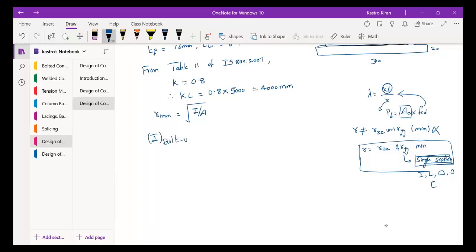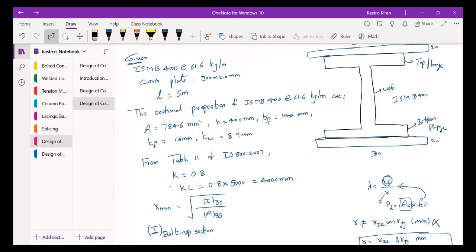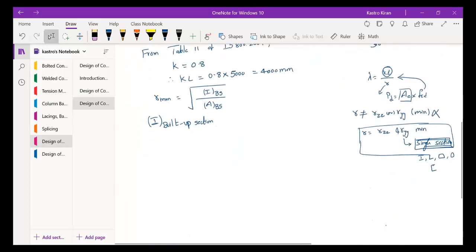Remember, moment of inertia of built up section. So here also you can write down, it's under root of I of built up section. For understanding purpose, I'm just writing BS. BS represents built up section, divided by area of built up section, right? We don't know the moment of inertia of built up section. We know the moment of inertia of just the I section, which can be obtained from the steel tables book, right?